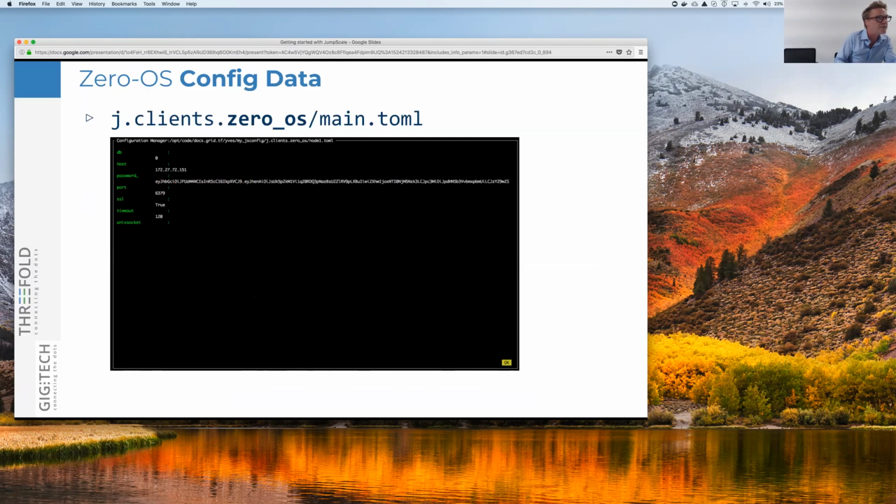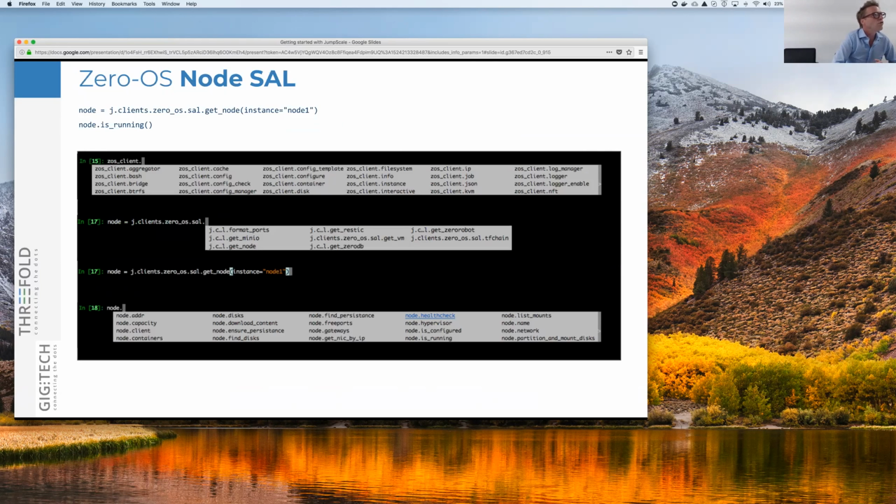And TOML, again, is a human readable format. So meaning that if you go to the command line prompt and you do less or vim or nano or notepad, whatever you want to use, you can edit the TOML file and change the fields as you want. Okay? Another thing that we introduced during the last session, but we didn't explain, is that